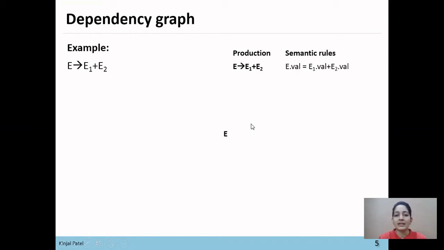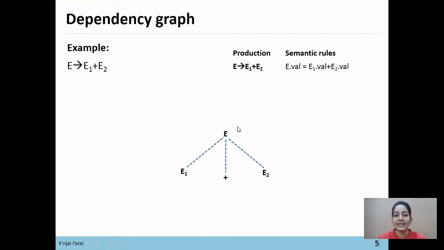We'll start by parsing this production, E derives E1 plus E2. This is the parse tree for E derives E1 plus E2. Now E is a synthesized attribute, so the value of E will be computed from its children, E1.value and E2.value.